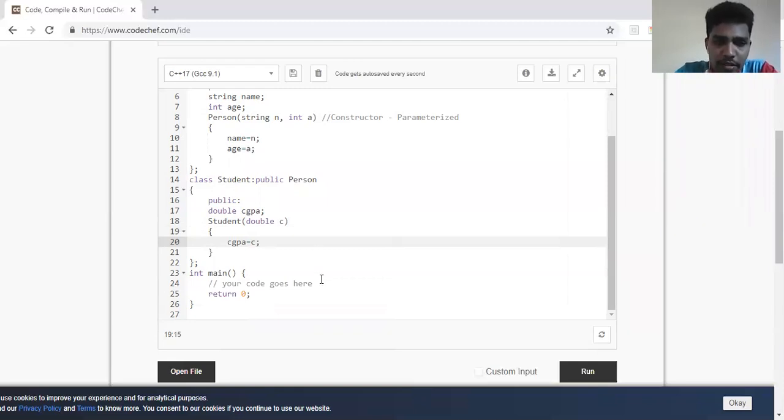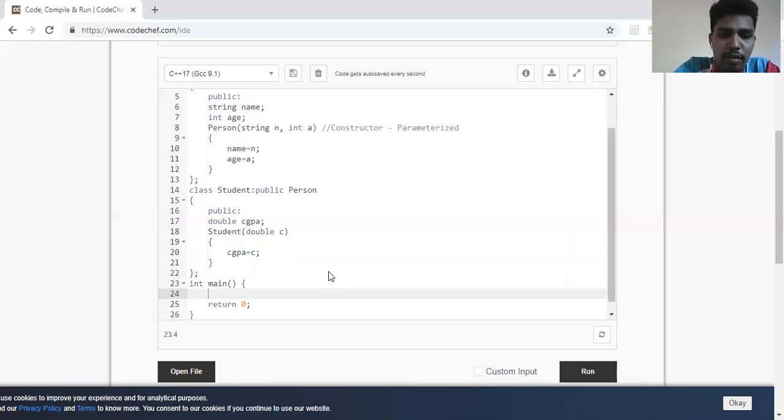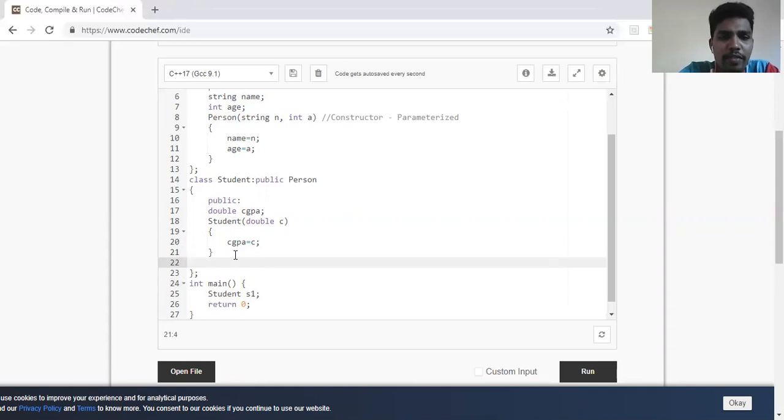Fine. So now what I'll do is create an object of class student. Student S1. I've just created an object of class student, that is S1. Now I'll define a member function in student for showing the details of it. So I'll write void show.